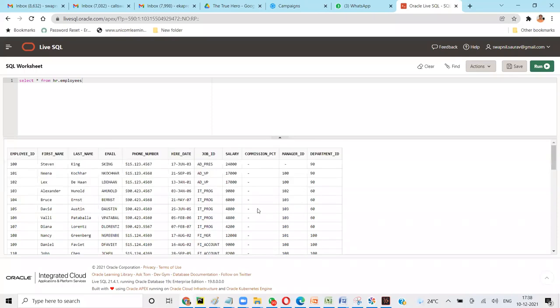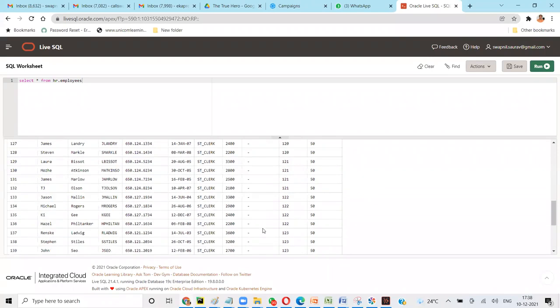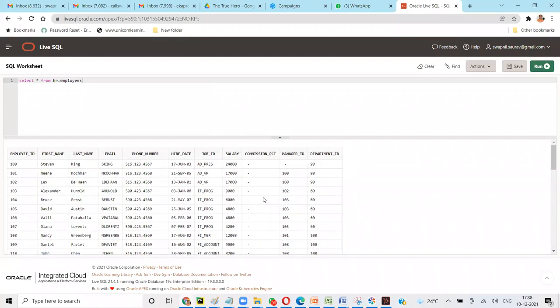If you see, there's some blank and there are some values here. So what are these blanks called? In Python as well, when you read a pandas data frame, or in SQL, what are these blanks called? Blanks are called null values. You guys are there?